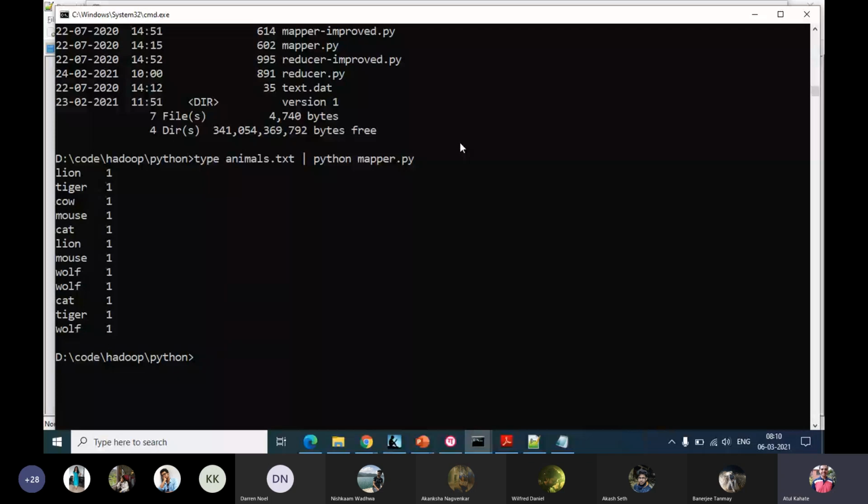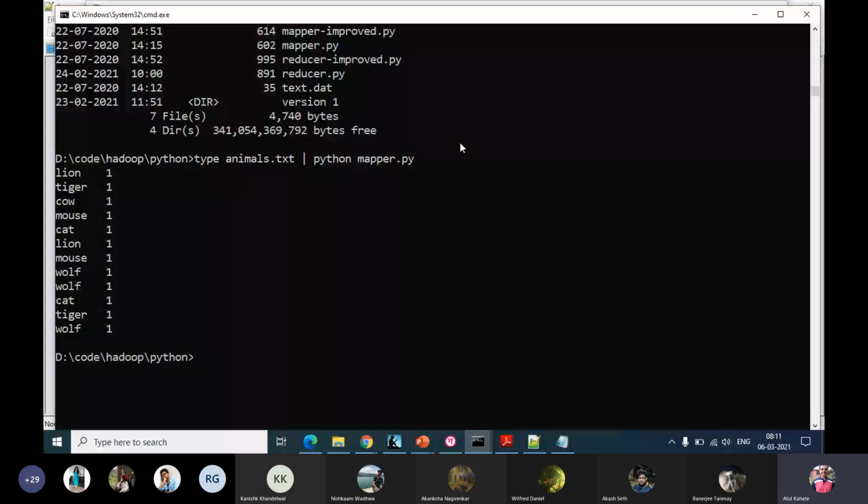Or take another example. Let's say we want to find out how many products had what sale. Several products were sold, and we want to find out which product was sold how many times. Again, pass the data to the mapper code. Mapper code will simply list down the product name and 1 as the sold instance. The reducer code will total it for each product. So it could be totaling, averaging, finding maximum, finding patterns, sorting. All that logic will be in the reducer code.